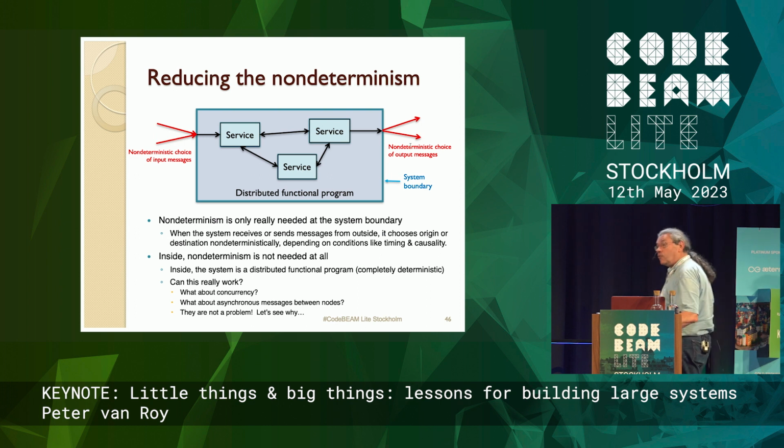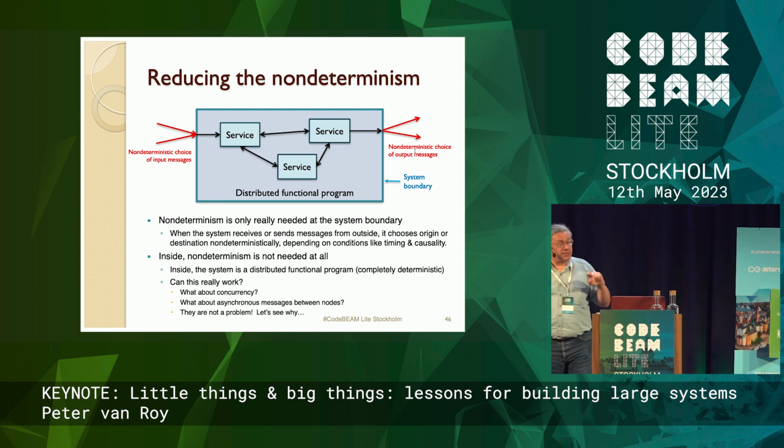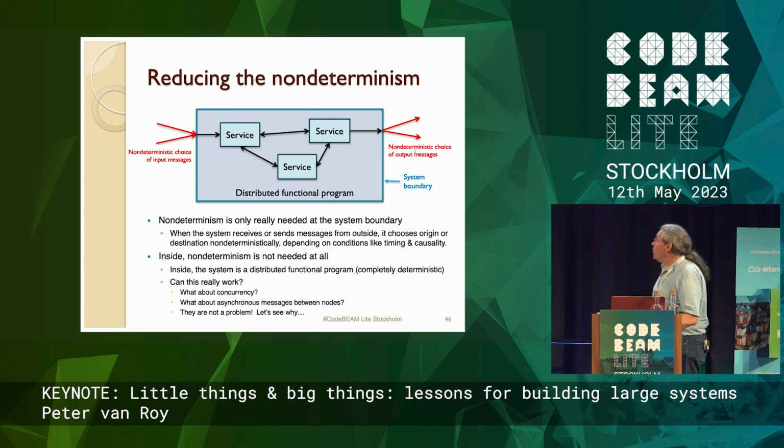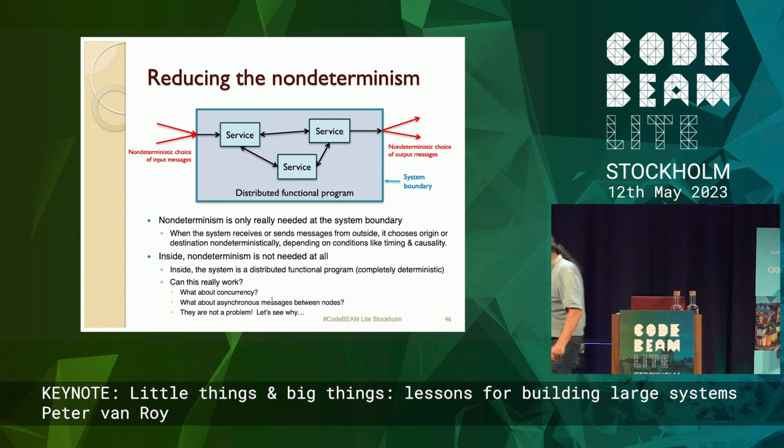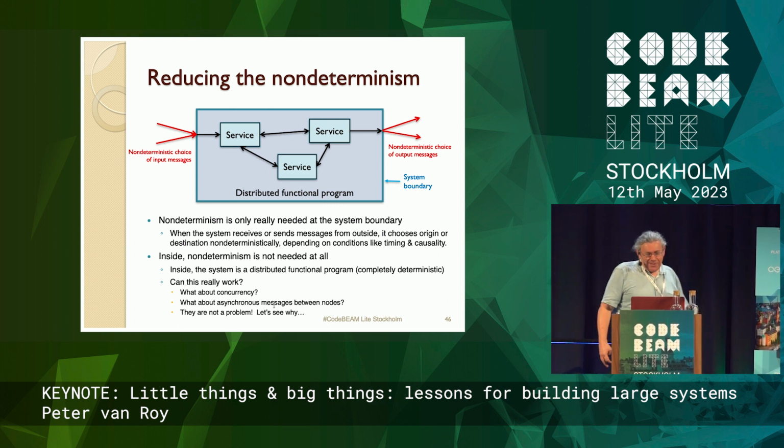For correctness, for causality, you may have to choose, and that is not something that the program can choose. It has to choose because of the external world, okay? But inside here, I claim you can write things as pure functions in the sense of lambda calculus, and they're deterministic.